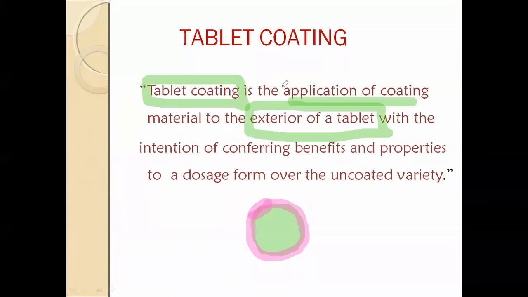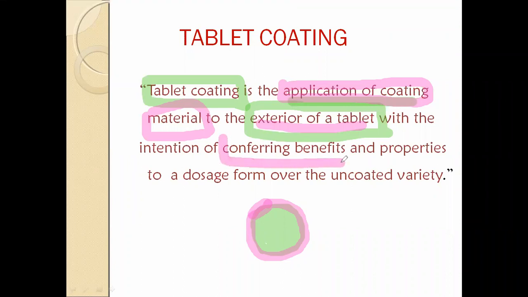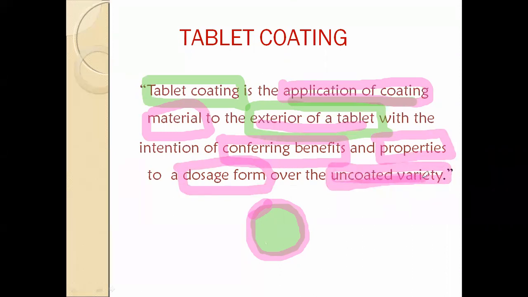So tablet coating is a process of application of coating material to the exterior of a tablet with the intention of conferring benefits and properties to a dosage form over the uncoated variety. So when you coat a tablet, your core will be